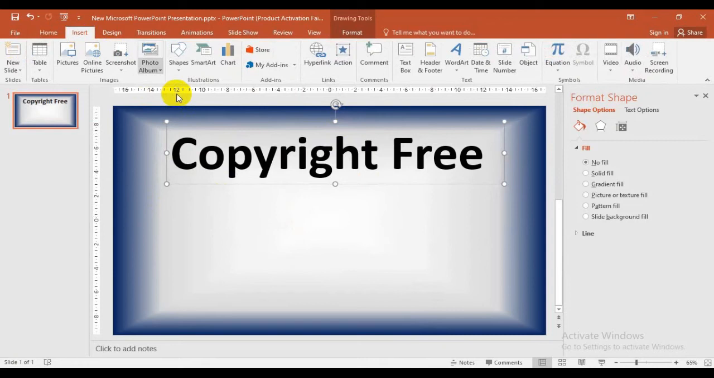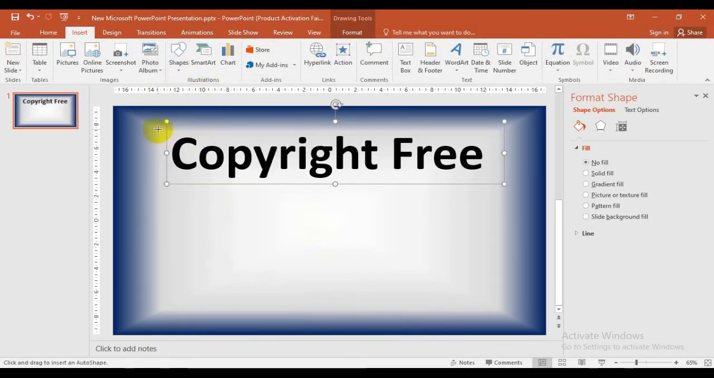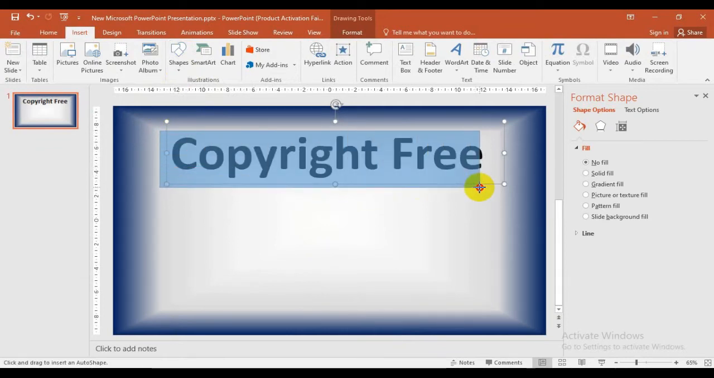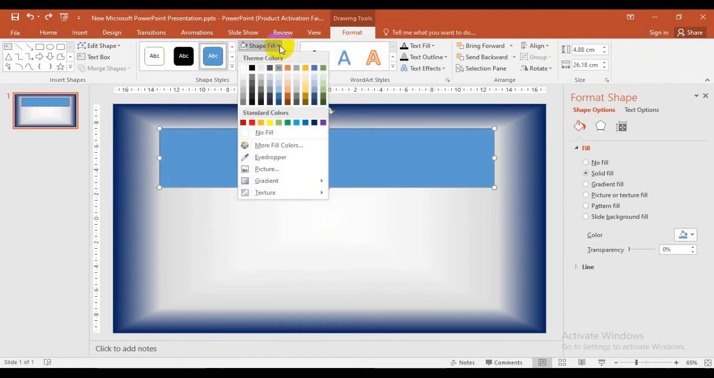Then go to the insert option and select any shape. I select this, then drag it in here. Now go to shape fill and color this. I select this,